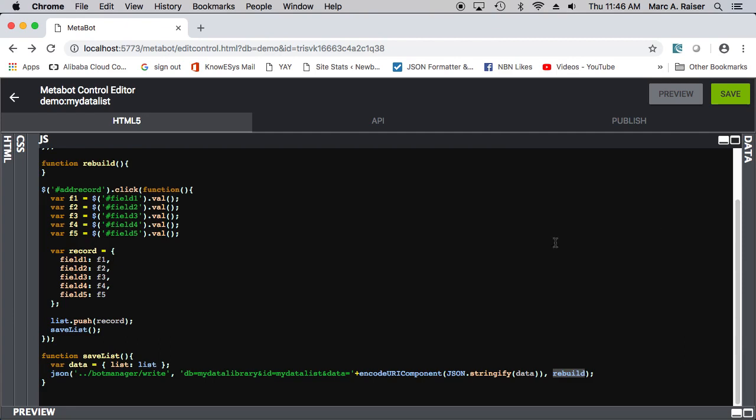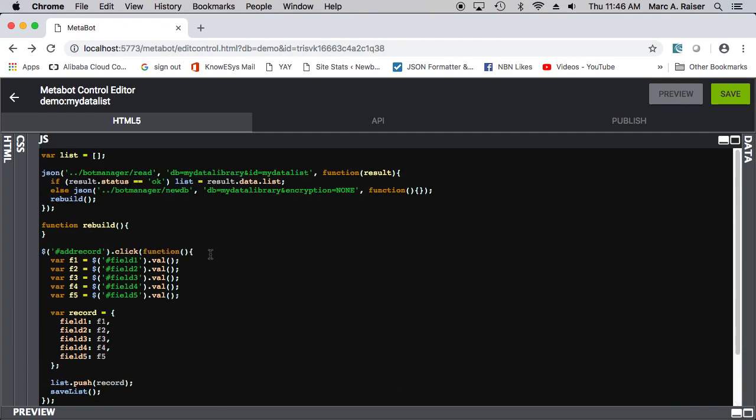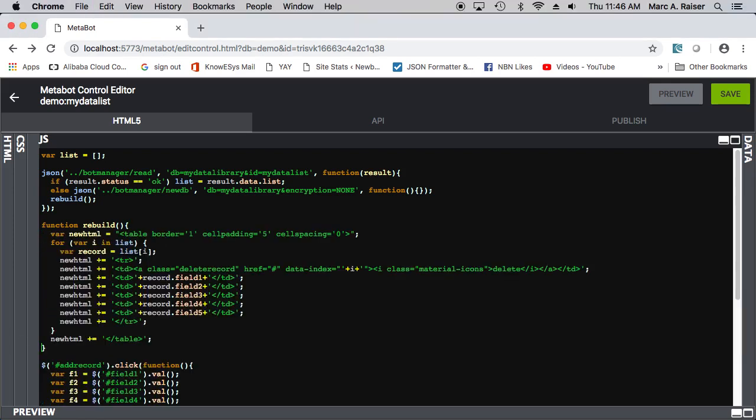So I think all of the exciting parts are done except for actually building our list. What does rebuilding our list look like? Well, we're just going to create a very simple table, and we're going to iterate through our list of records, and we're going to create a row for each record and a cell for each record field. And that's really it. We've got one more chunk of code here, and that is the code that